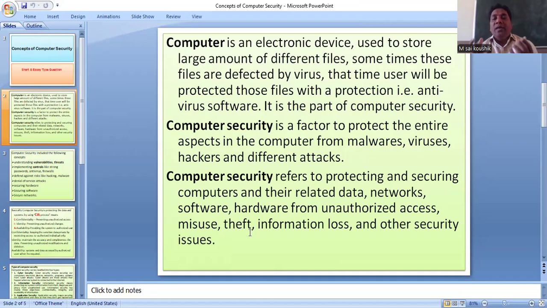Everything included in the computer is called aspects, protected from malwares, viruses, hackers, and different attacks. Clear? Based on this computer security concept and its role, now we can read as